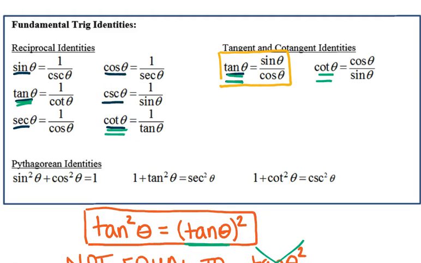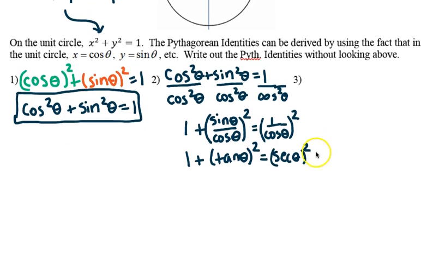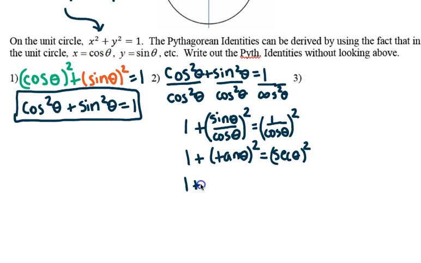Well, if we look at our reciprocal identity, we can see that secant is equivalent to 1 over cosine. So we'll replace that with secant. Okay. So now if I rewrite this, I'll have 1 plus tangent squared theta equals secant squared theta. Okay, and that's going to be our second